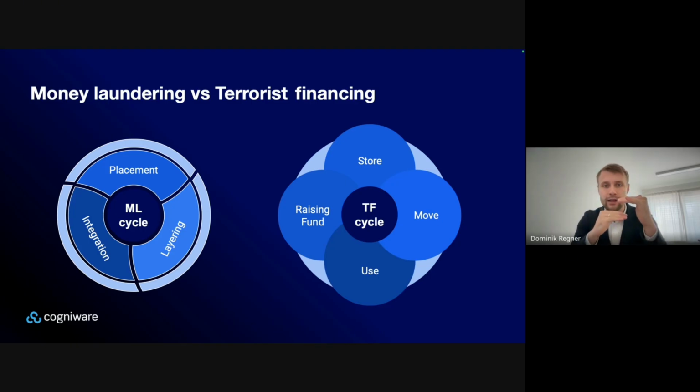These two steps can change chronologically or can have a lot of steps and repeats. And the last part is about the use of the funds for terrorist activities, such as paying salaries, as I said on the previous slide. So money laundering is about hiding the source of the criminal activity. Terrorist financing is about making sure that the funds are raised, moved, stored somewhere, and in the end of the day, used effectively for current or future objectives.